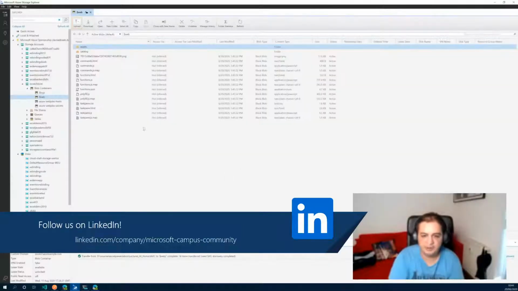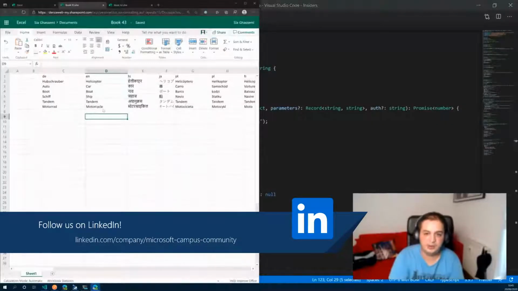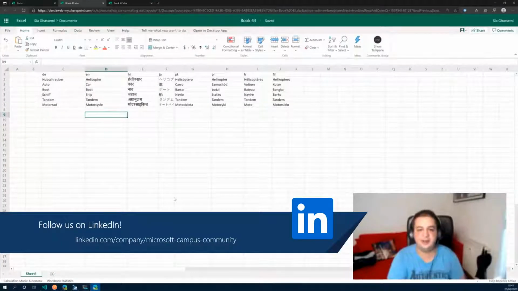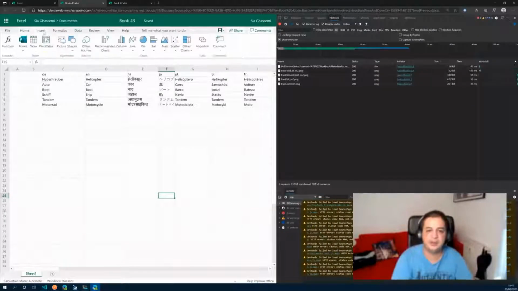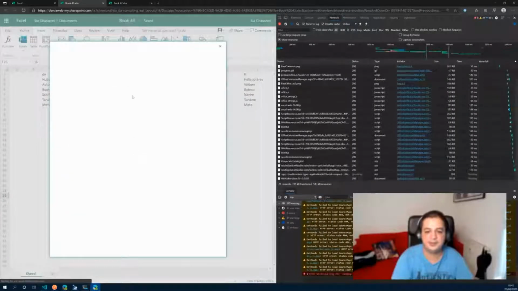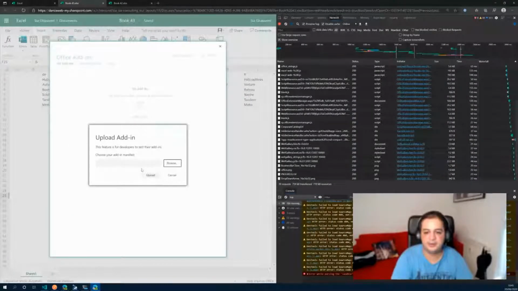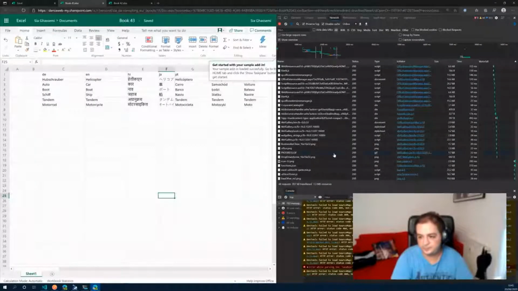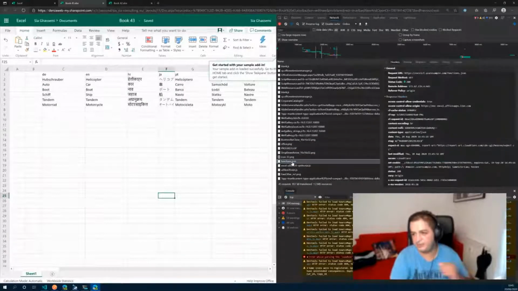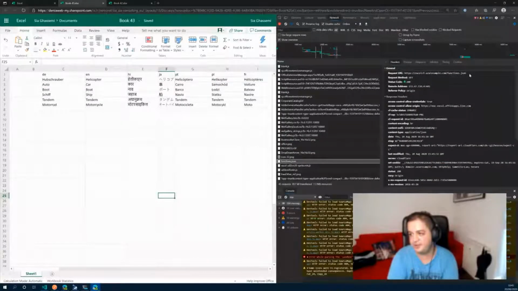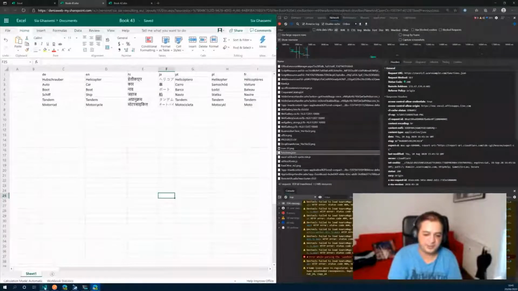That's what I did. I uploaded it to a static website on Azure, right? And then as soon as you load your add-in, you can see that here. Let me show you that. So when I go to Insert and say Office and upload my add-in, as you can see, it is going for that file, function.json. In that function.json,